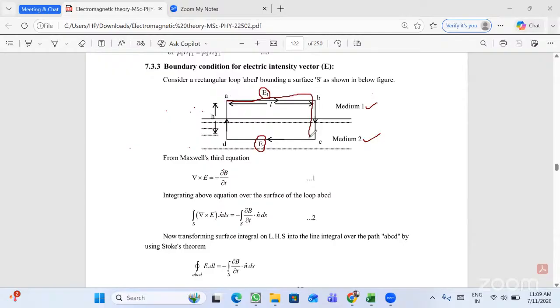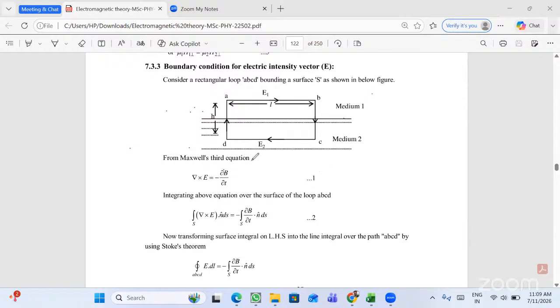So this is A, B, C, D. This is what we have, a rectangular loop. In this, you have to note that the value of AB is equal to the value of CD. That means the lengths of AB and CD are both the same in this case. Okay. Generally, as we had four surfaces previously, in this case also we get length AB, width BC, length CD, and width AD. So now, in order to prove this boundary condition for the electric field intensity vector,